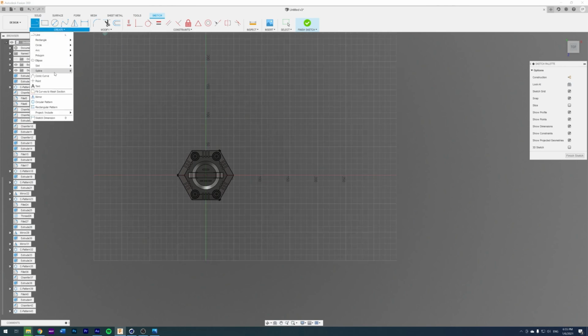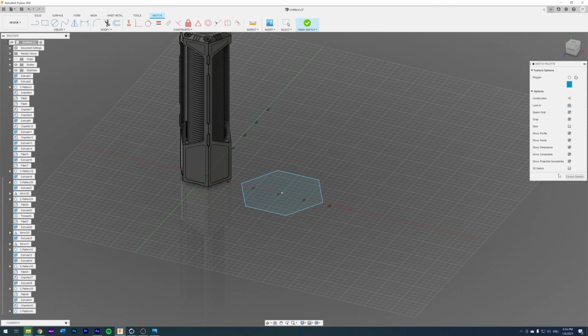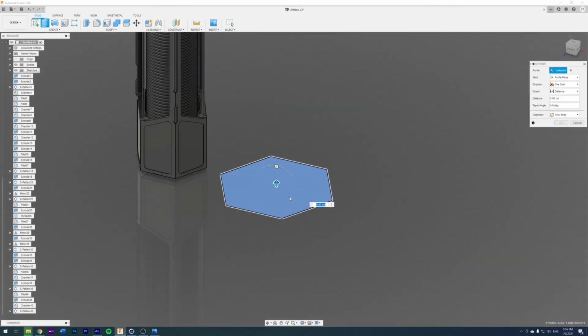And as you can see here, we have a couple of options. In this case, I created the polygon. So I created this one, the second one. I clicked on the middle plane and I just drag this out. Of course, before clicking to finalize the shape, you can just click tab, and from there you will be able to change the number of polygons that you have. So I went with 6 polygons and I'm going to click OK, and we have our shape right there. So I'm going to do a quick extrude,